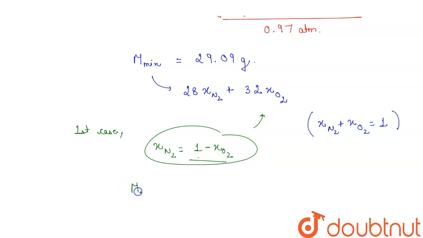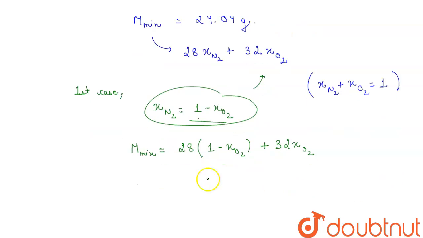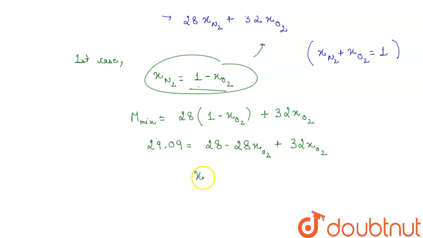So the mass of the mixture is equal to 28 into 1 minus the mole fraction of O2, plus 32 into the mole fraction of O2. After solving this we get 29.09 equals 28 minus 28 into the mole fraction of O2 plus 32 into the mole fraction of O2, and from here the value of the mole fraction will come,